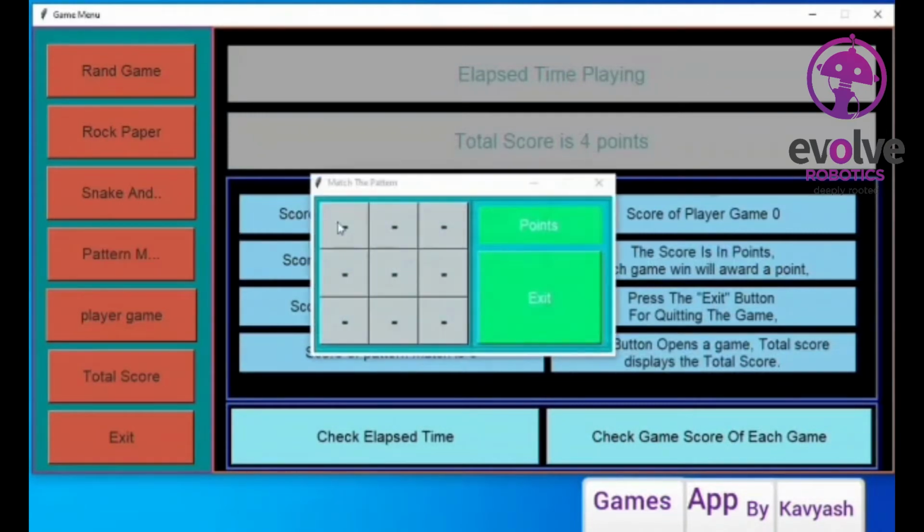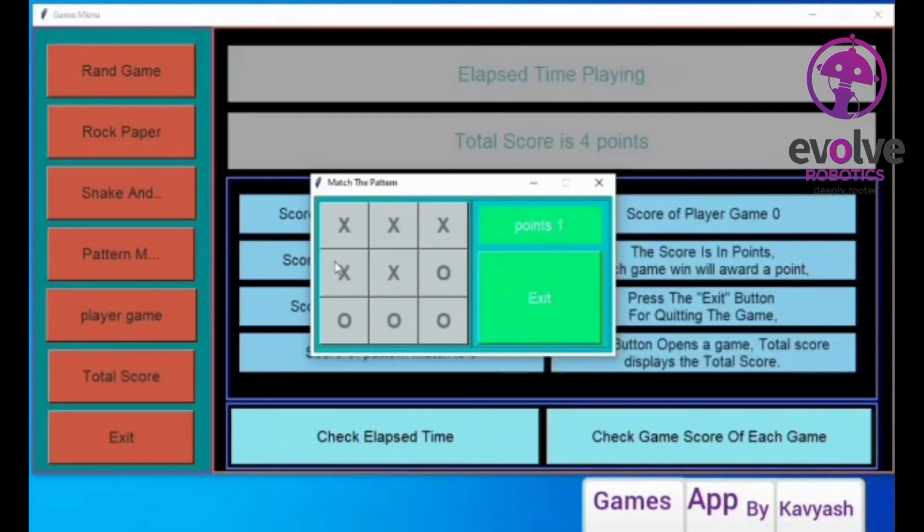Impressive. Let's check for pattern matching. Pattern matching is not just tic-tac-toe, but let me demonstrate it to you. Say we have an X here, an X here again. The opponent would try to put O, since we are putting X. So if the opponent successfully blocks me, then I wouldn't get any points. But I made a pattern, so I got a point.